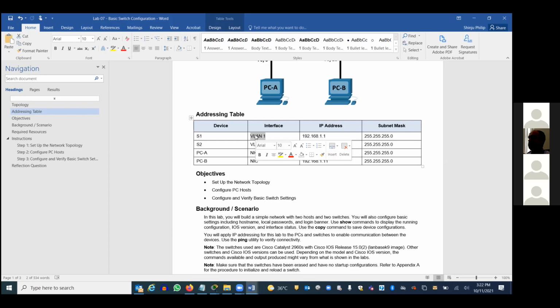You're logically creating it within the switch. You create another LAN. Already the switch is under one LAN, right? So you can still create multiple inside the switch. So you don't have to buy a router for that. Is it clear? Yeah.